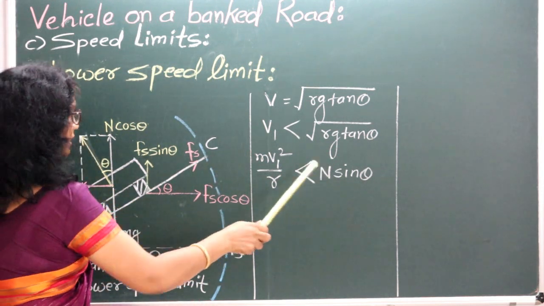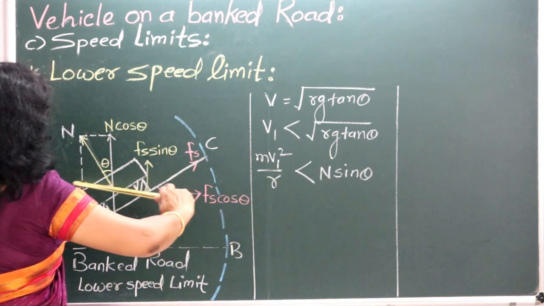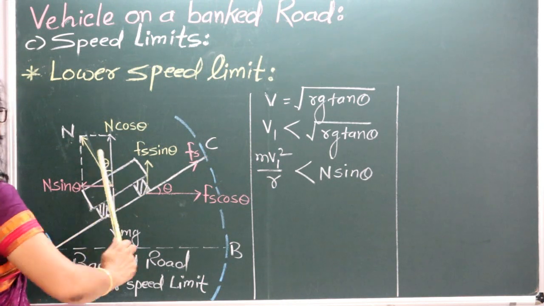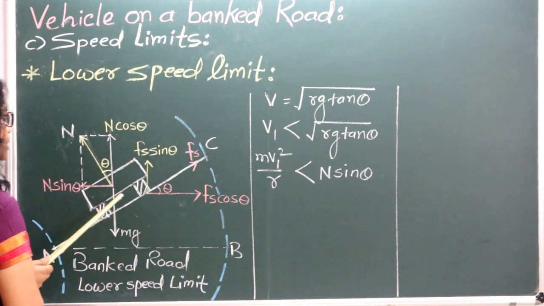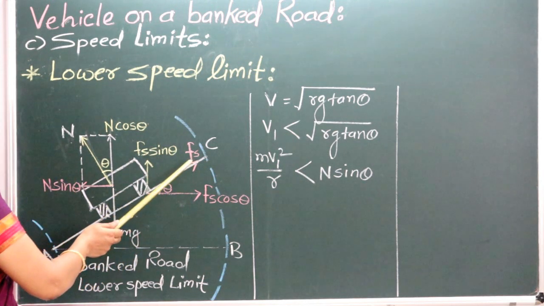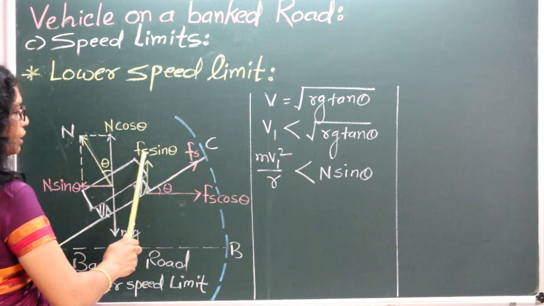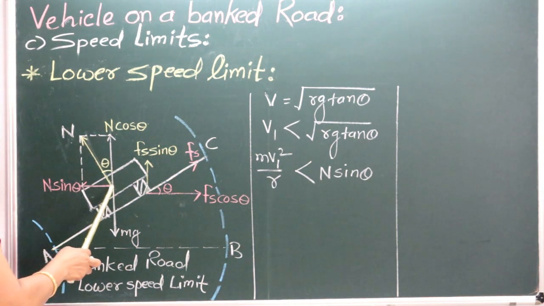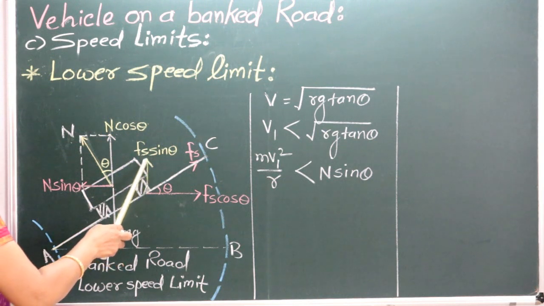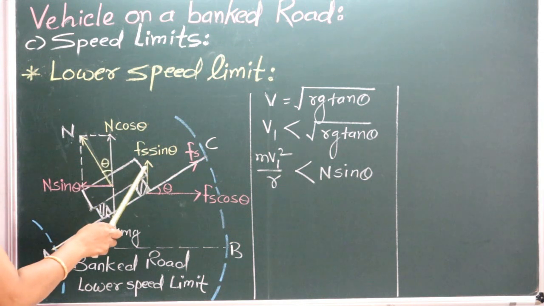Therefore n sin theta is greater than the centrifugal force, that is, n sin theta is maximum compared to the centrifugal force, and that's why it pulls towards this side. Therefore the force of friction is opposite to that of the maximum force, that is Fs, also divided into two components: Fs cos theta and Fs sin theta. Now observe the diagram: this n cos theta and this Fs sin theta balance the weight mg. These two components are parallel to each other.